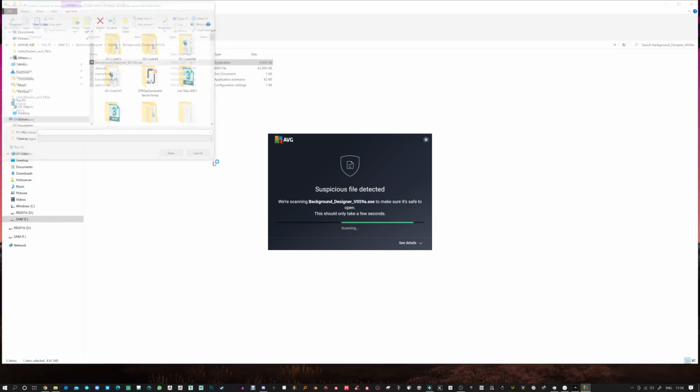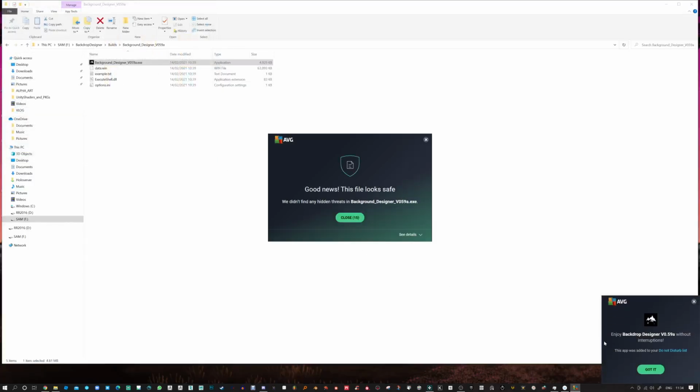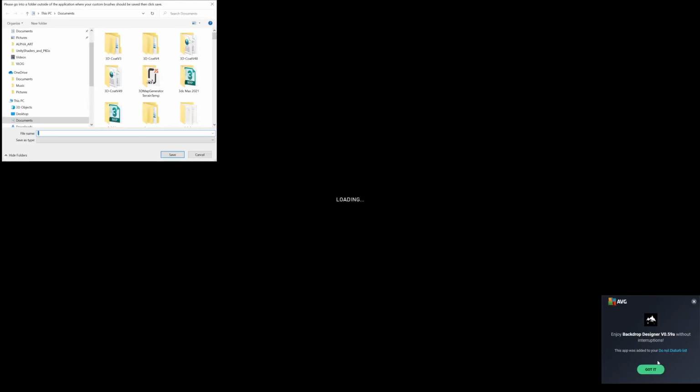Just let AVG do its thing here. It usually tells me it's fine, but now AVG doesn't let me save anything, so we're stuck on this loading screen. We need to tell it where the custom folder is,